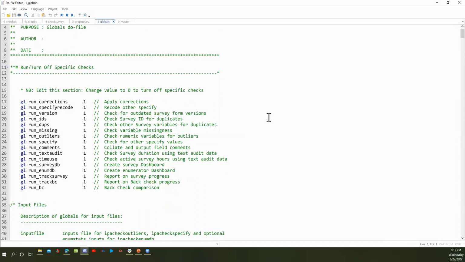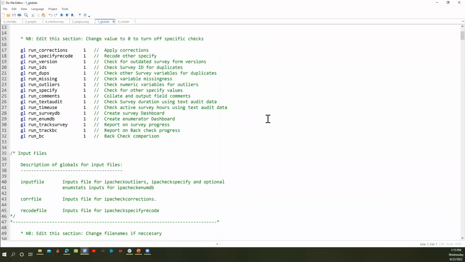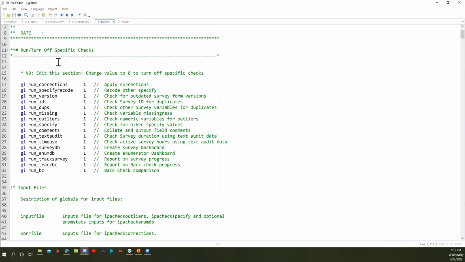As you go through them, you would see that they are put in sections, and each of the sections is doing something very specific. For instance, the first section is where you turn on or turn off the checks, and this is basically replacing what we had in the inputs file, the Excel sheet, where we had check boxes that you could check to allow or disallow certain checks. That is no longer available. Now you have to do it in the do file. By default, we've turned all of them on. If you are not running a specific check for your project, you can just turn it off by changing the 1 here to 0.